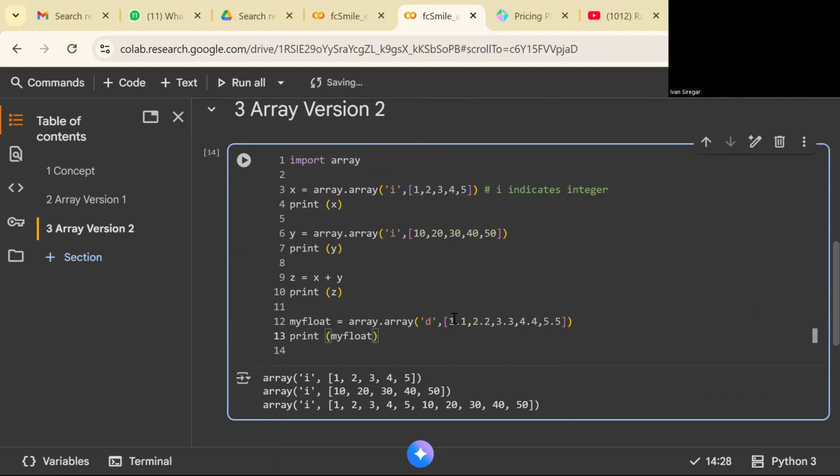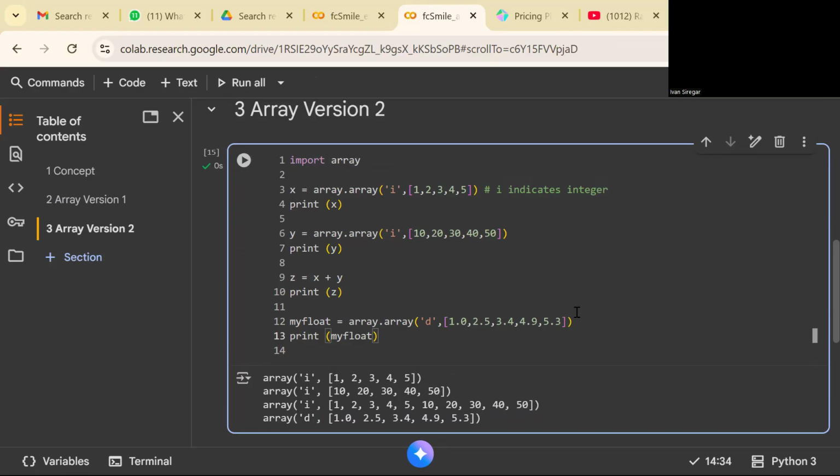A float is the decimal number, like 0.1, 2.5, 5.4, 4.9, 9.3, something like this.